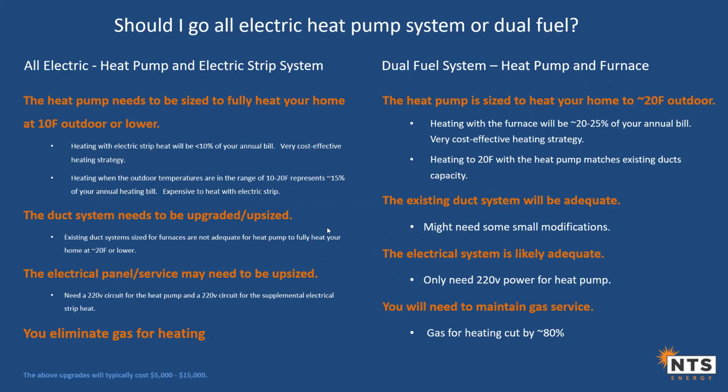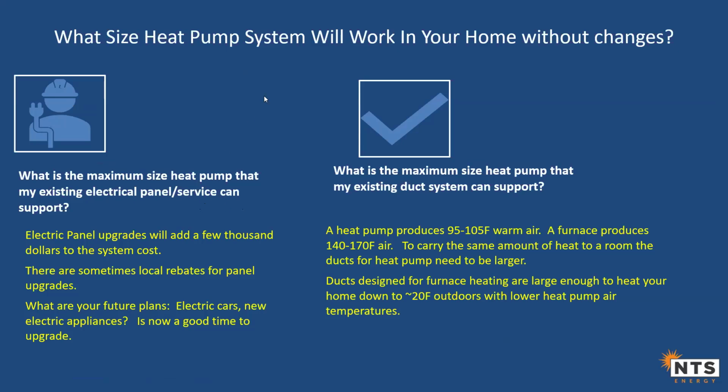I'll talk a little more about a couple of things. The electrical system is likely adequate. You only need it for one device. And you still need to maintain gas, but you do cut the gas use way back. So how do I size the heat pump so it will work in my home without changes? And that's where you want this first one. You want to talk to your